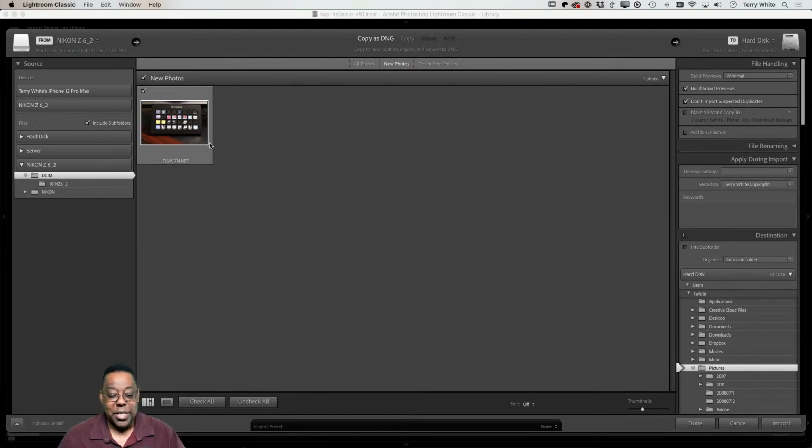All right, so what's it going to do? It's going to take from that memory card this one photo. I'm going to copy it, or here's copy, or copy it as DNG. I prefer copy as DNG because that way, after it copies it from the card, it will automatically convert the raw files from the proprietary raw format that the camera uses into a universal format called DNG, or digital negative. So that's just personal choice. You can just do copy, or if you did JPEG, it would just be copy anyway.